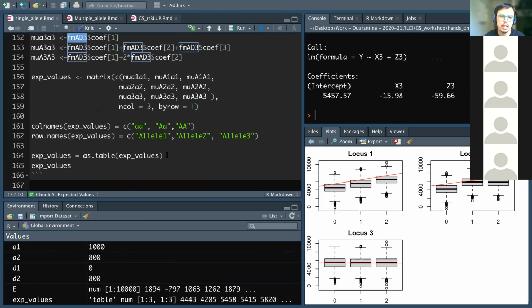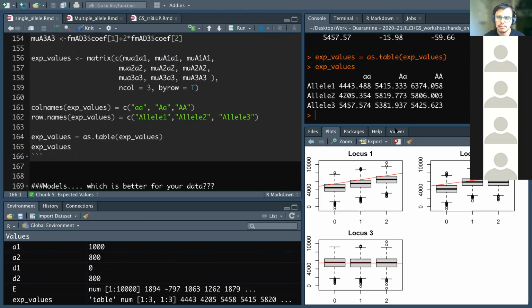And here, as you can see, the expected value. So this is the real data that we have in this population. And in this table, we have the expected value of that population